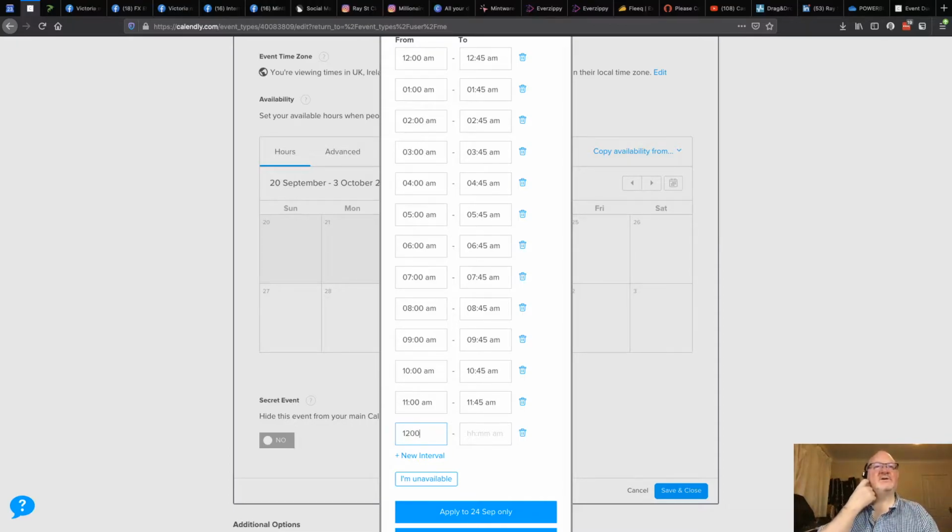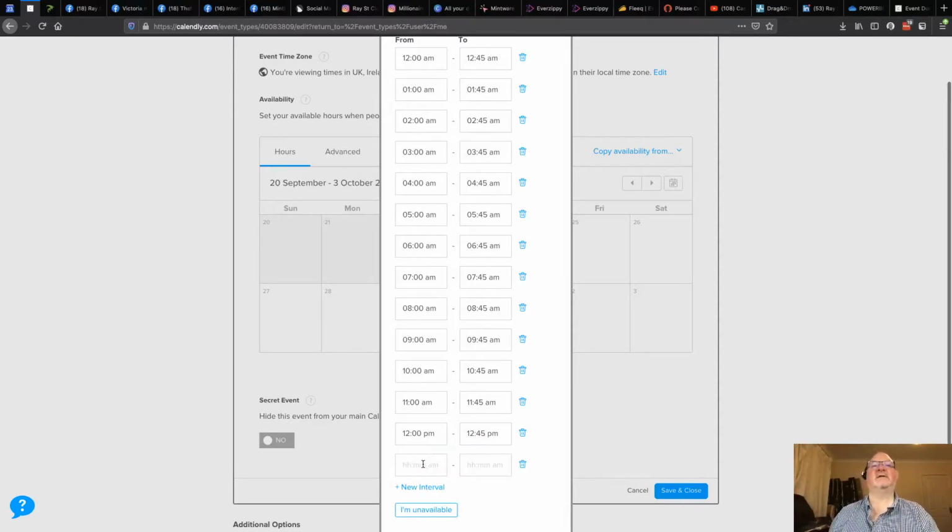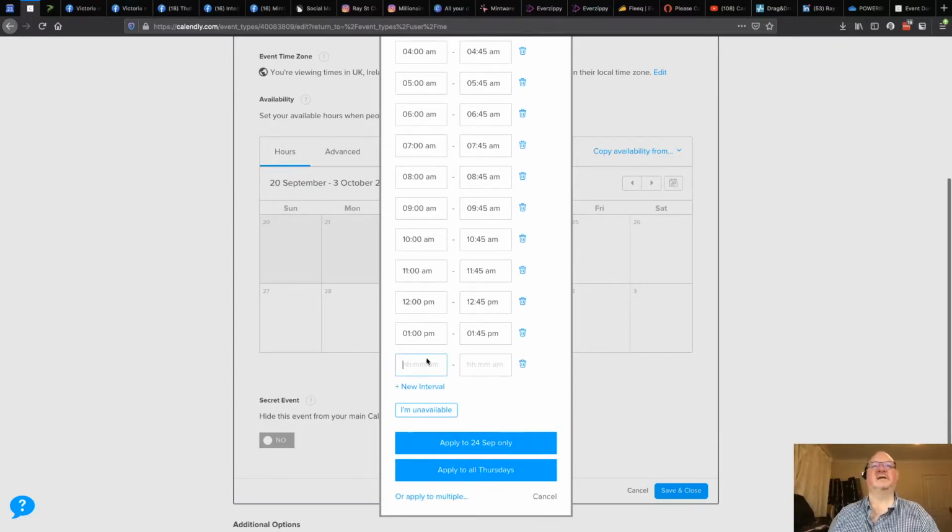You can see when I press my tab key, it knows it is now PM. So I now do 12:45 PM, and now I revert to 24-hour clock, 1300, 1345, and as you can see, it's putting PM in and converting it. So 1400, 1445,